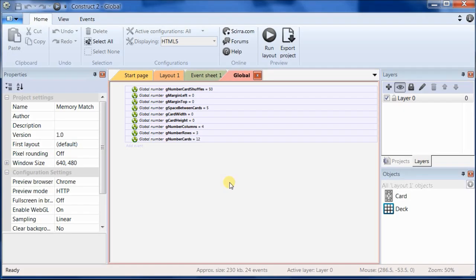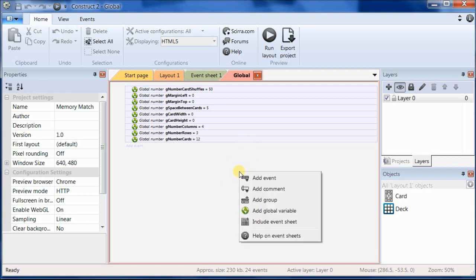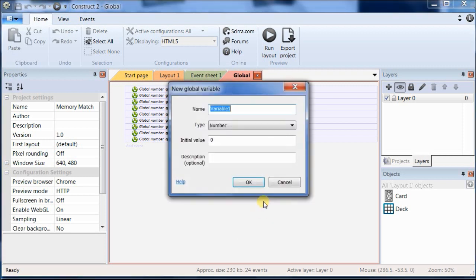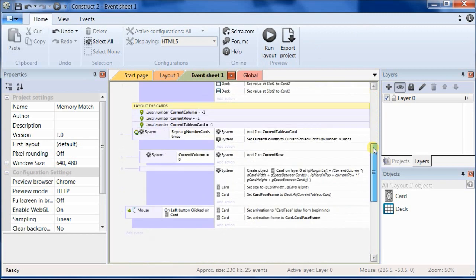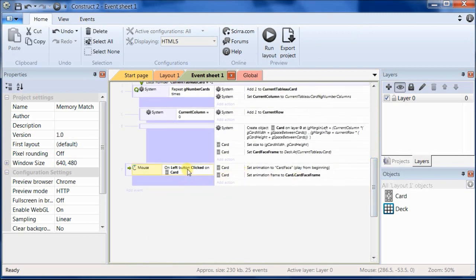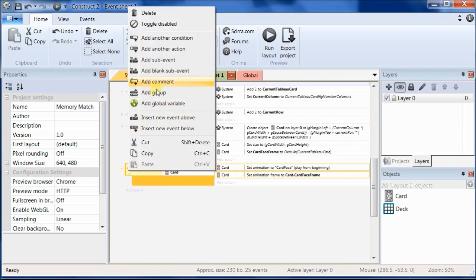So the first thing we need to do is create a global variable to store the number of cards picked. And we'll call it gCountCardsPicked. And go back to event sheet 1, and most of the work we do today will be focused on the mouse click event. And what we're going to do first is create a sub-event,